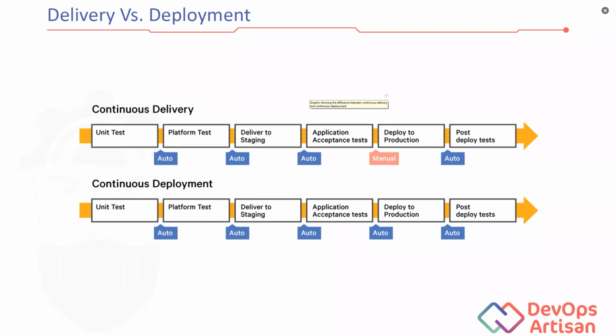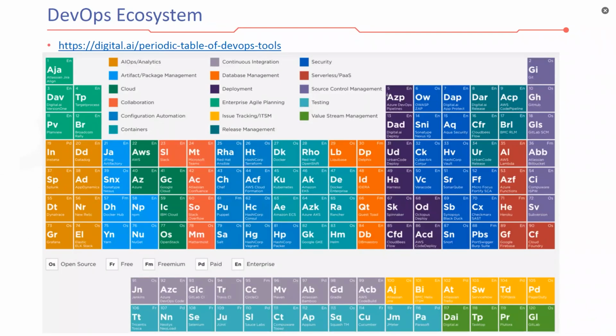So I think this will conclude the DevOps history and culture. There are many tools that are part of the DevOps ecosystem, and you can see that we have here a periodic table of DevOps tools which are divided in specific areas, right? So we can have tools for cloud, for collaboration, for deployment, for analytics, for security, and so on and so forth. There are too many, we cannot cover all of them, but if you want to learn more about specific tools,